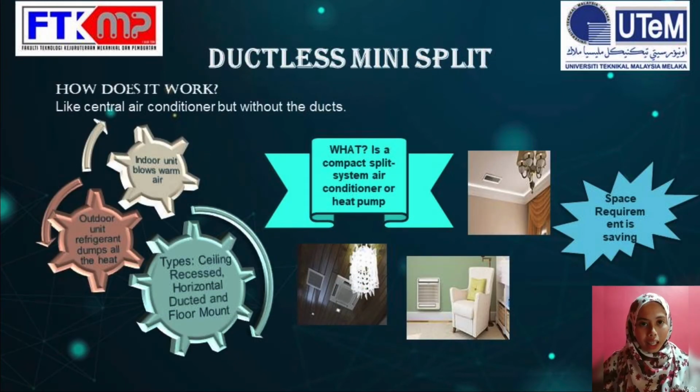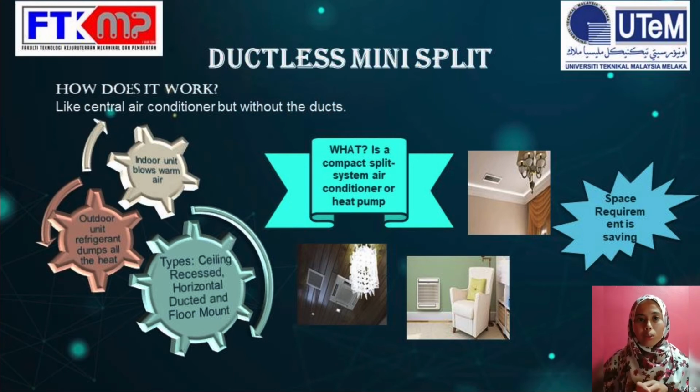The second type of air conditioning is the ductless mini-split. A ductless mini-split aircon or HVAC system is also known as a mini-split. It is a compact split system air conditioner or heat pump. Like a central aircon or heat pump system, the ductless mini-split features both an indoor air handler and the outdoor